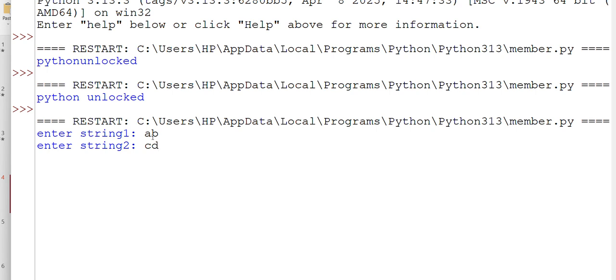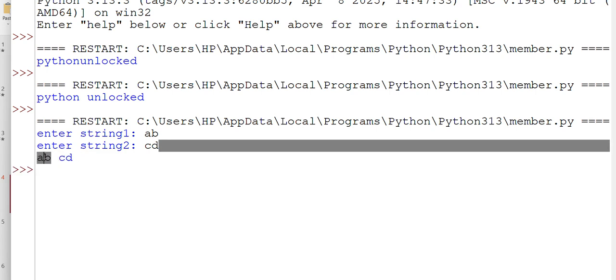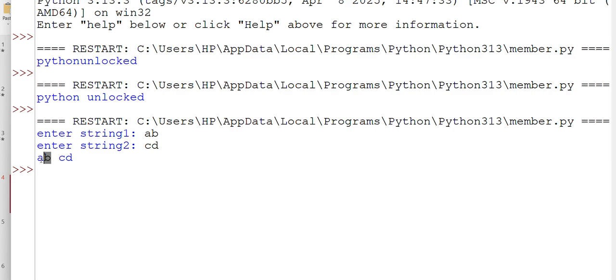Now what am I combining? I am combining a, and in between I am creating one more string that has a space in it, then I am adding b. This is what I am getting. This is my string 1, and in between I am creating one string with a space, and after this I am adding b. I hope this is clear. That is how to concatenate a value if we are taking the value from the user, and how to concatenate if we are providing the value in the code itself. I hope this is clear.